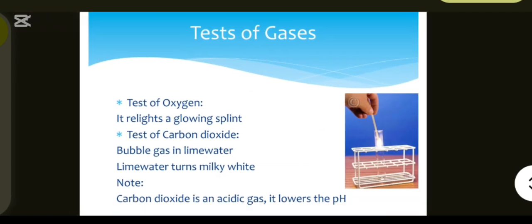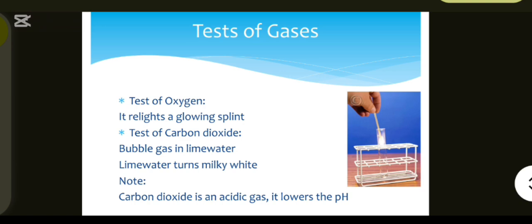Now here are some tests for gases. For oxygen, carbon dioxide,